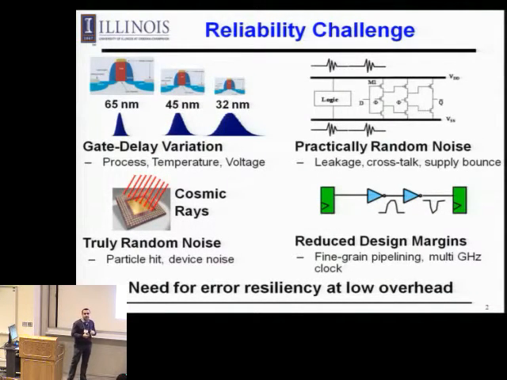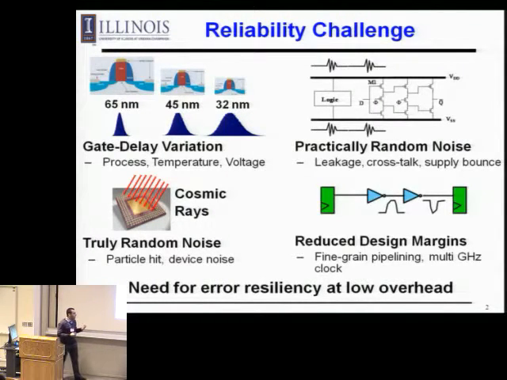As you scale down the transistor sizes to decrease power and voltage, there's increased variation in the transistor length and gate threshold voltage. This increased variation manifests itself as increased delay, so if the designer designs for the worst case, he has to consume a lot of power. Also, there is supply voltage variation. These variations are due to random particle hits, leakage and crosstalk, as well as coupling between the different